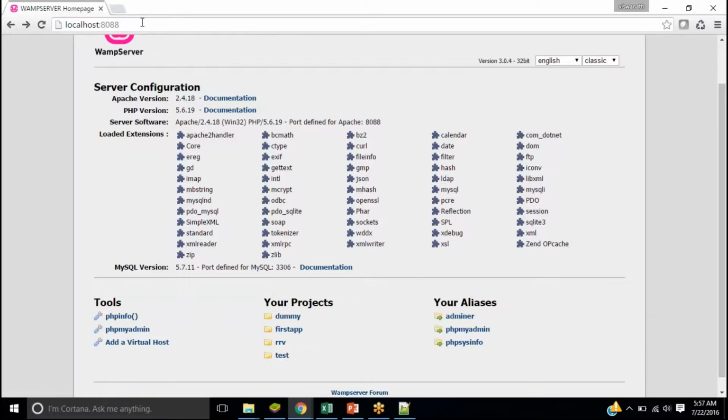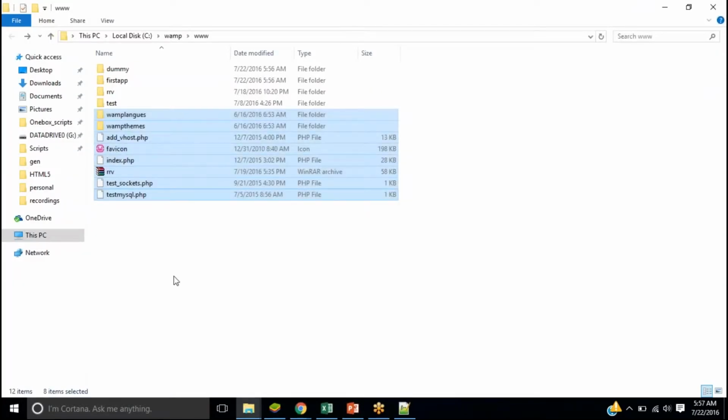So how do we access any application which is hosted? Now my application is hosted. The term hosted appears to be a very complicated term, but hosting just means copying your folder from your local system to the application web server's folder. That's all. When I copy-pasted from my desktop to the www folder, that means I hosted my first application to my WAMP server.